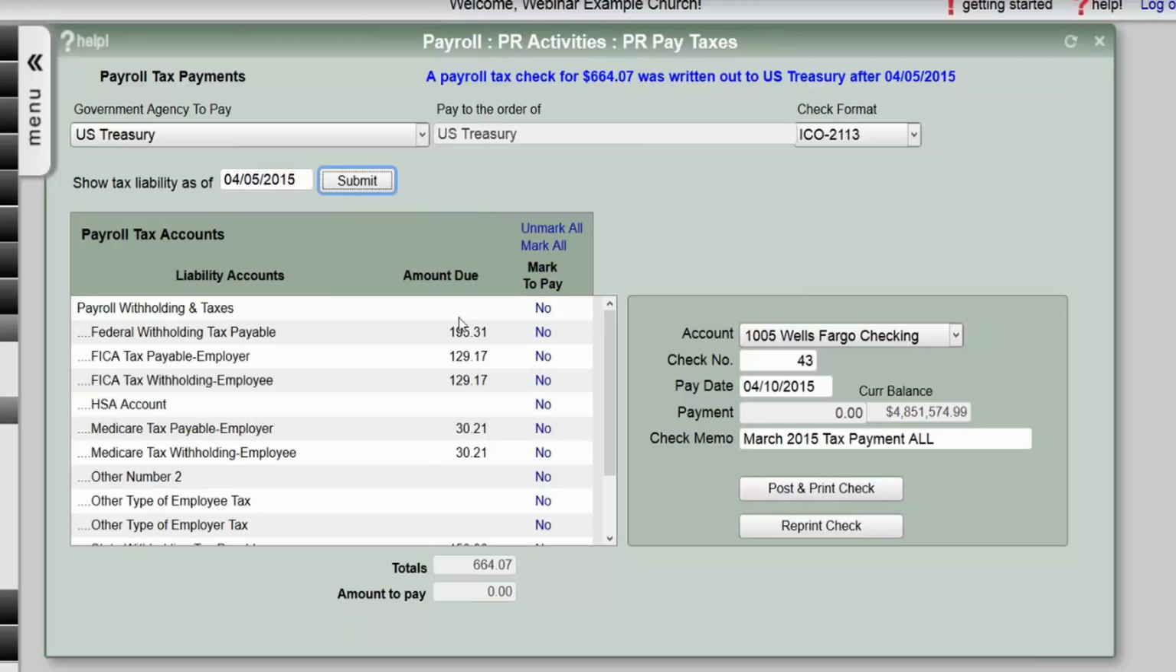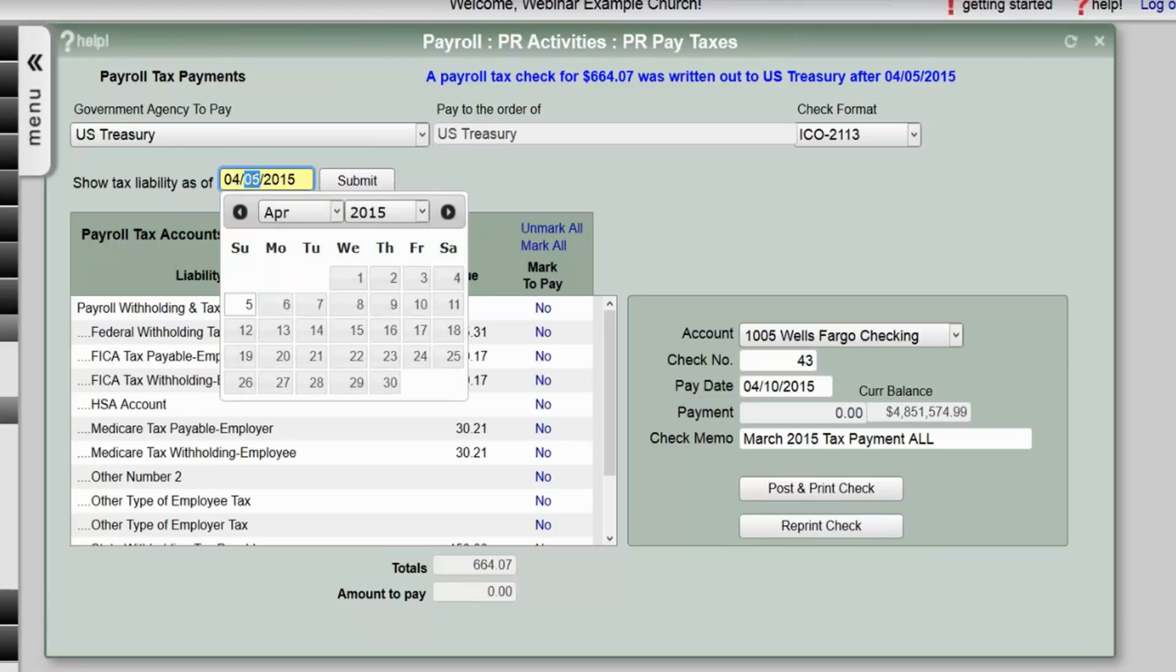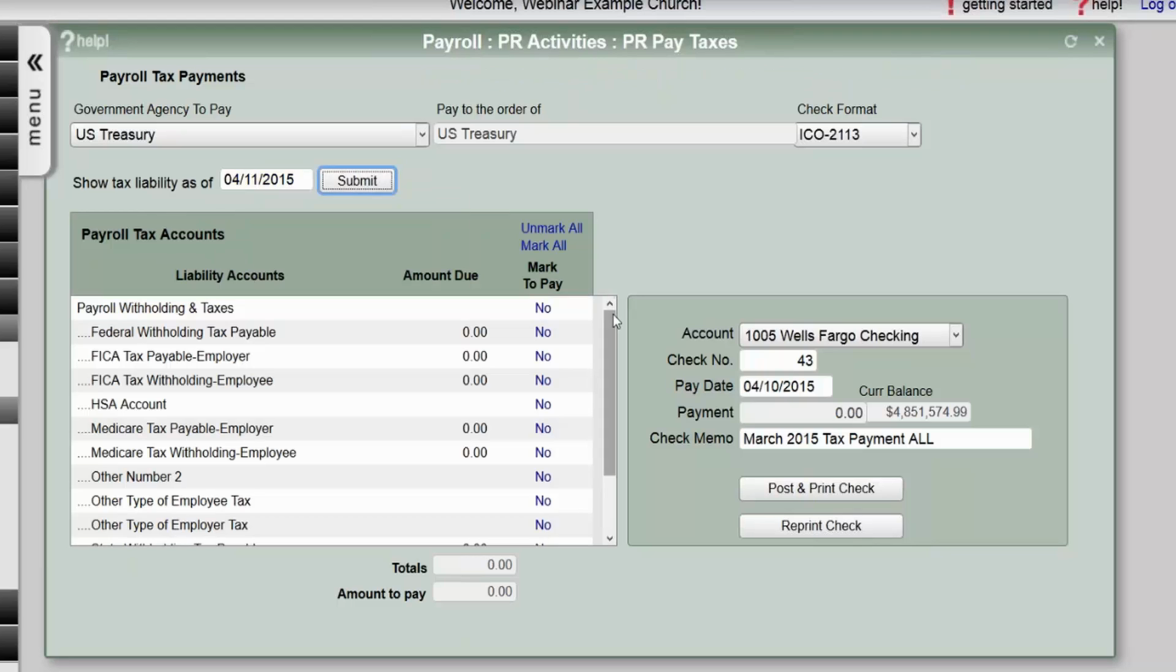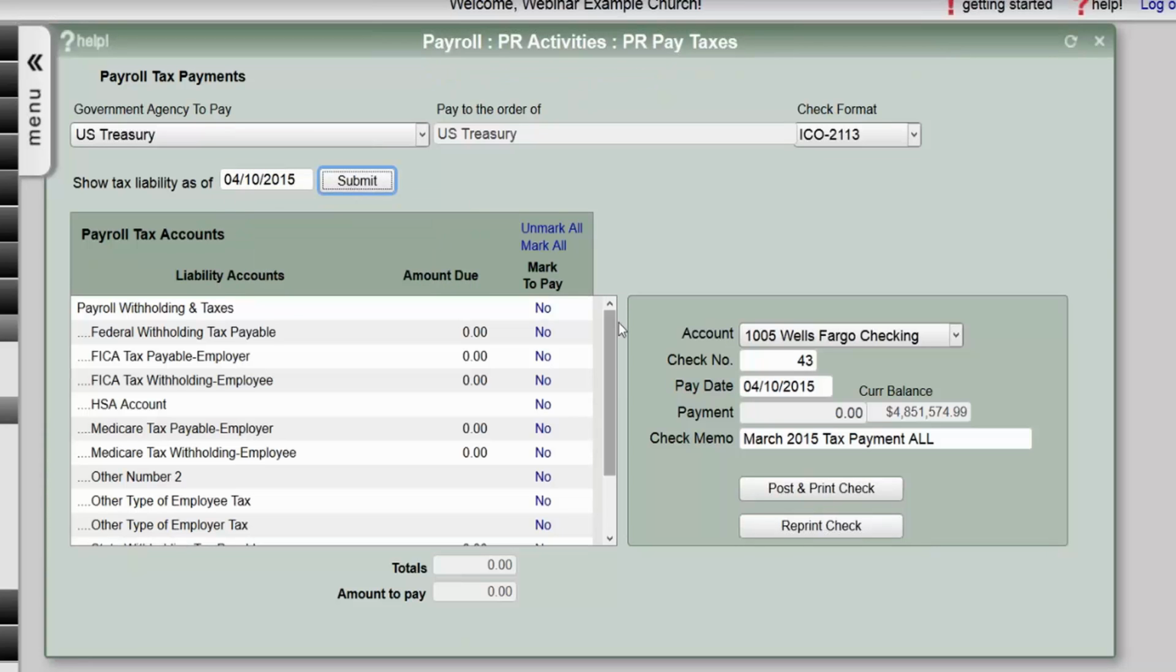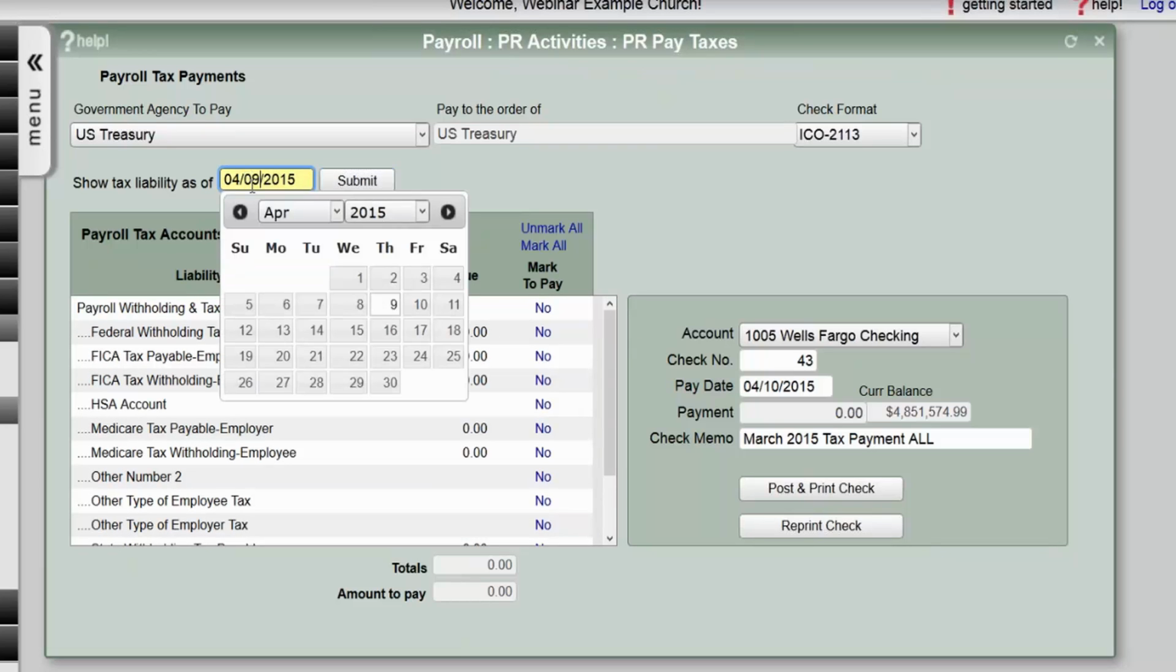So what that means is if I actually type in here 04/05/2015, I still show those amounts. The reason is because I didn't do the check until the 10th. So now let's just put the 11th in here. You'll notice here now I have zero again because I made a payment on the 10th. Right there on the 10th is the absolute last day it'll show. If I go back one more day,